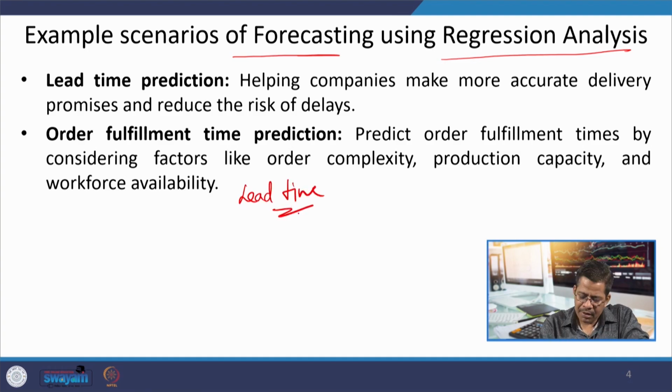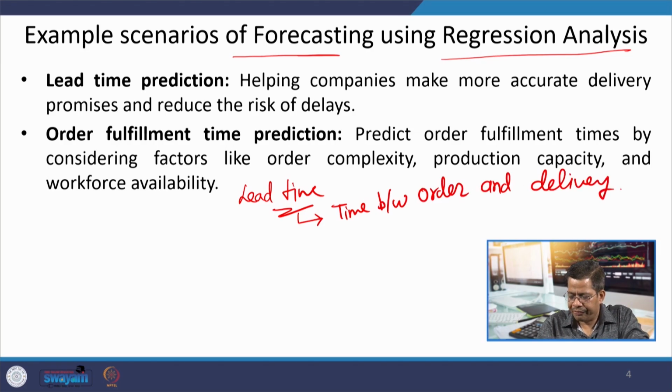Lead time is the time between order and delivery, when you place the order and when you receive the supply. Nowadays, as I said in the first session, QCD. D means you should be able to deliver on your promised date